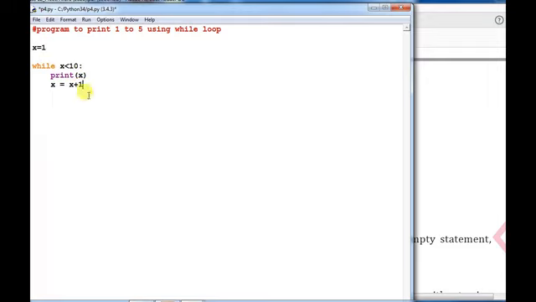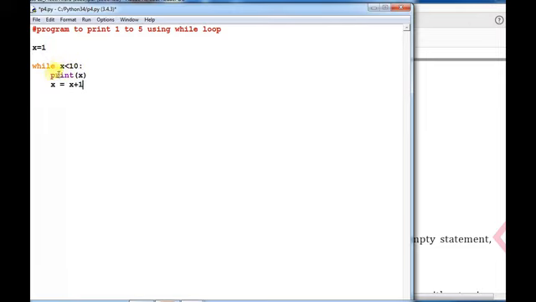So how does this execute and how does the flow of control move inside this program? x equals 1, while x is less than 10. So what is the condition here? x is 1, so 1 is less than 10, true.